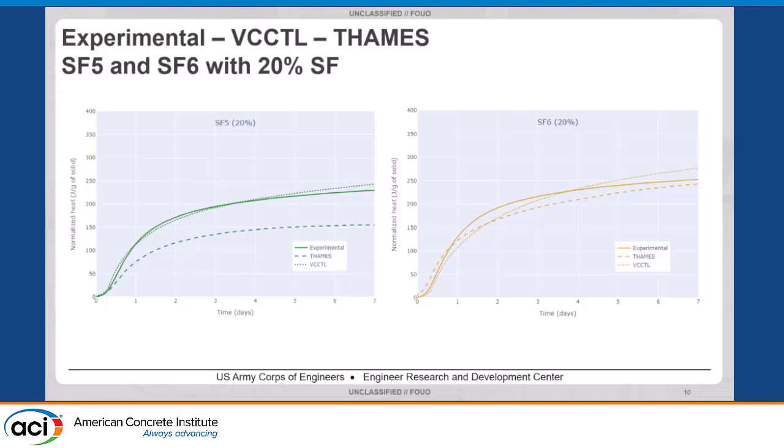And SF5 is showing it in THAMES. This is the one that is the dashed line, whereas the dotted line is the VCCTL, and the full line is the experimental. So the VCCTL and the experimental line are in pretty good agreement, whereas the THAMES is showing a similar trend, but it is a bit different. You almost feel like I need a normalization technique. The THAMES model needs something to bring it to a similar level as